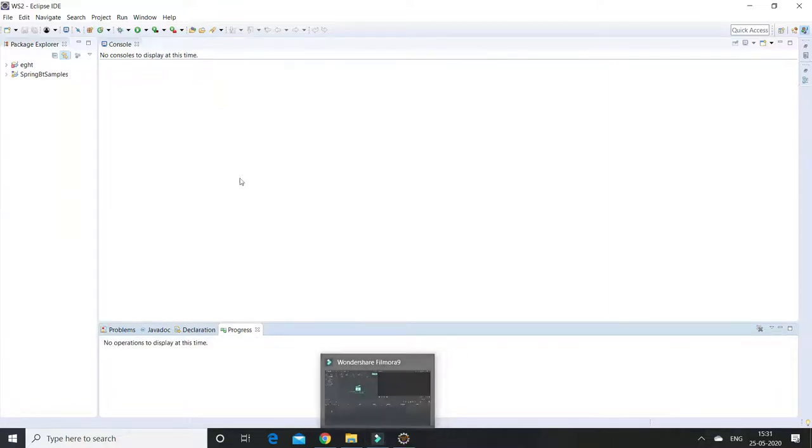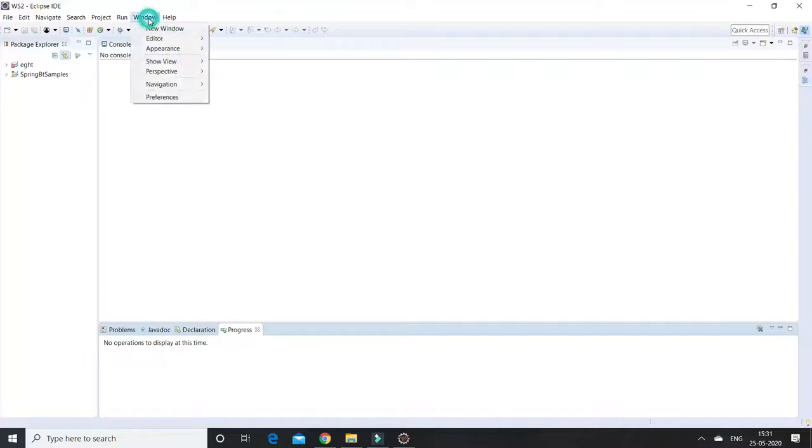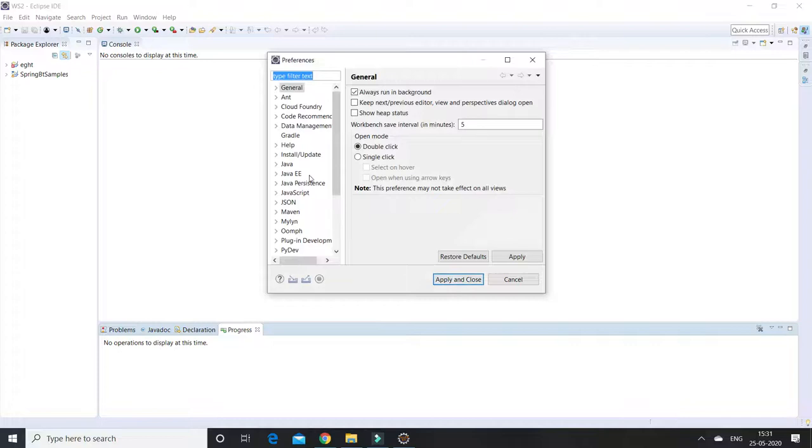Before that, what I have done is we have installed Python in Eclipse. What I am doing now is we have to add the interpreter. So click on Window, Preferences, and Python. Let's expand this.